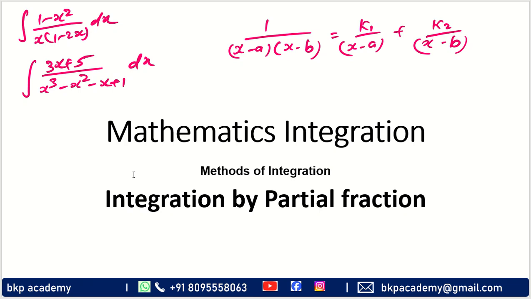Namaskar my dear friends. Let us take some more questions on integration by partial fraction. We have already seen the partial fraction method, and we have seen some 5-6 questions in the last session. We'll take up some more questions on integration by partial fraction. So let us start. Question number 1 is